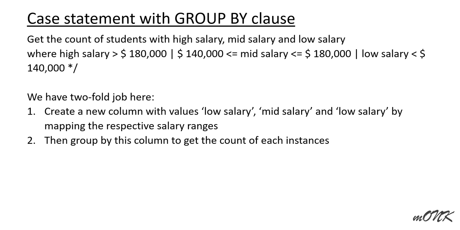First, we have to create a new column called salary range, or whatever name we want to give, and this new column will have three values based on this criteria. Then we will group by this column to get the count of each instance, like how many students are in this salary bracket, and this, and this. Okay,